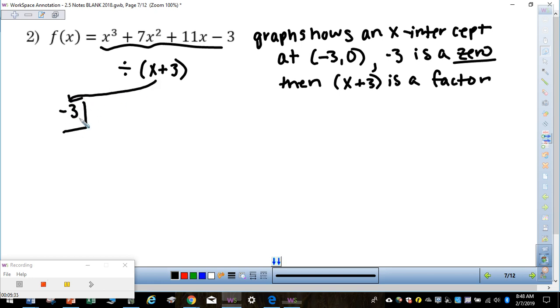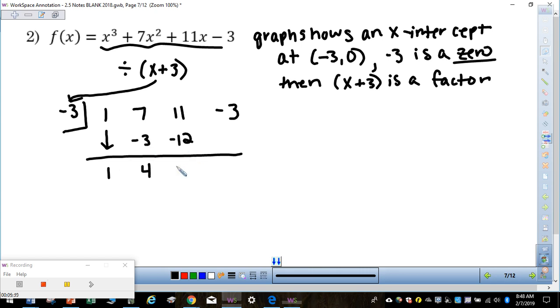We'll go ahead and start by turning it into a -3. We'll always look out for missing terms. In this case, it doesn't look like we have any, so we'll go ahead and list our coefficients and the constant term across the top, and we'll go through our synthetic division here. It makes sense that we get a remainder of 0 because we already saw that -3 was an x-intercept on